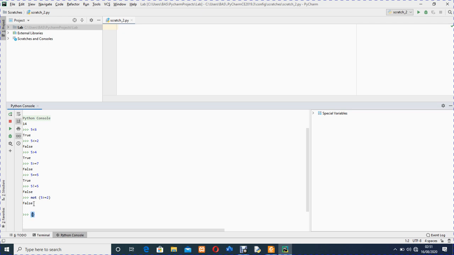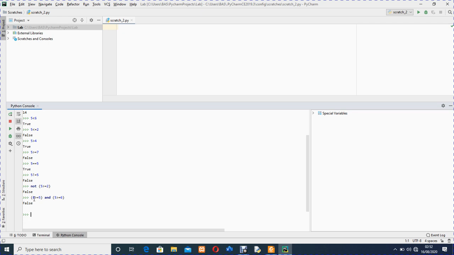Let's use parentheses. 5 is greater than or equals to 5, and 5 is greater than or equals to, let's see, 6. Let me see also. It executed false because